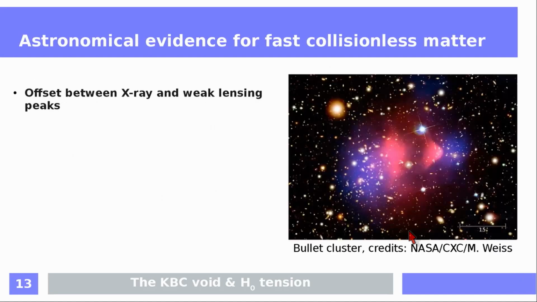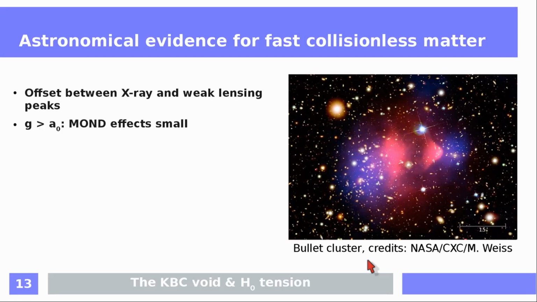So this brings me on to the slightly smaller scale issues. These sterile neutrinos are important to explain observations such as the bullet cluster, where we see an offset between the X-ray peak in red and the weak lensing peak in blue. So this is often considered strong evidence for collisionless matter. In the nHDM paradigm, this is not disputed. It is considered evidence for collisionless matter, but it's important to understand just what kind of collisionless matter could explain